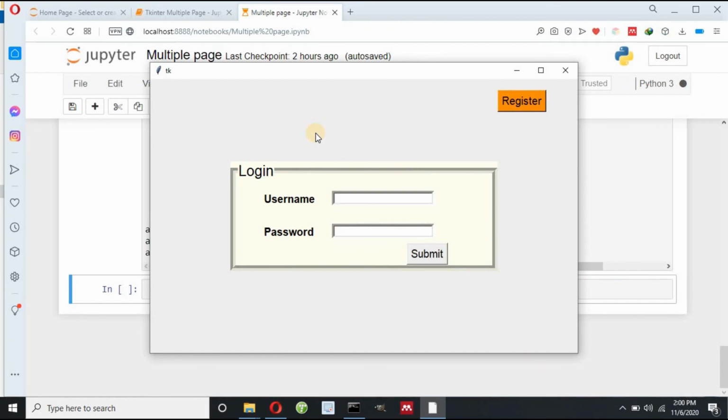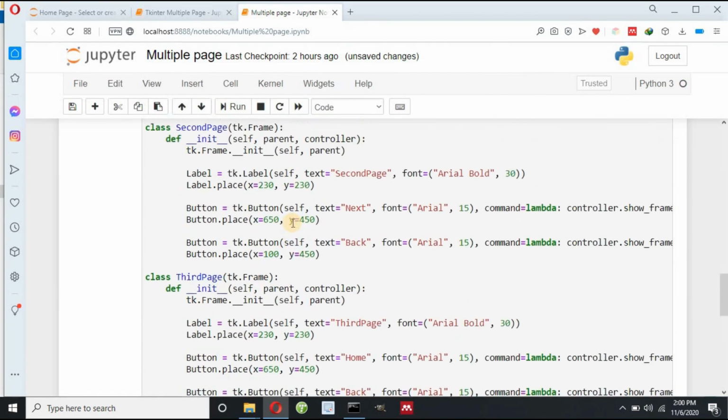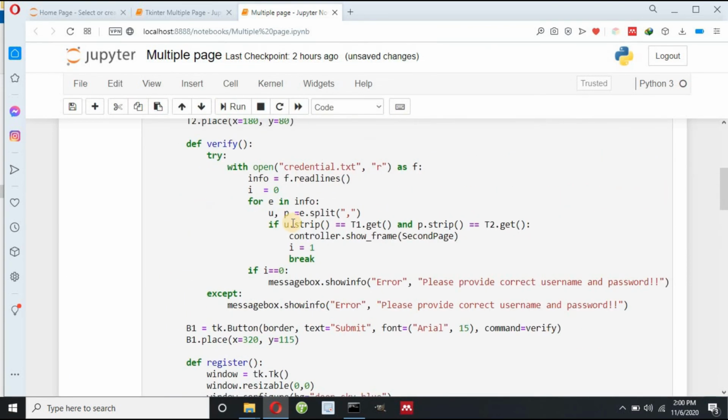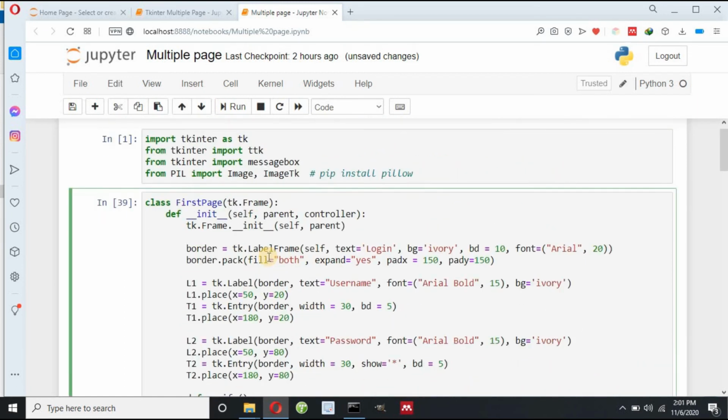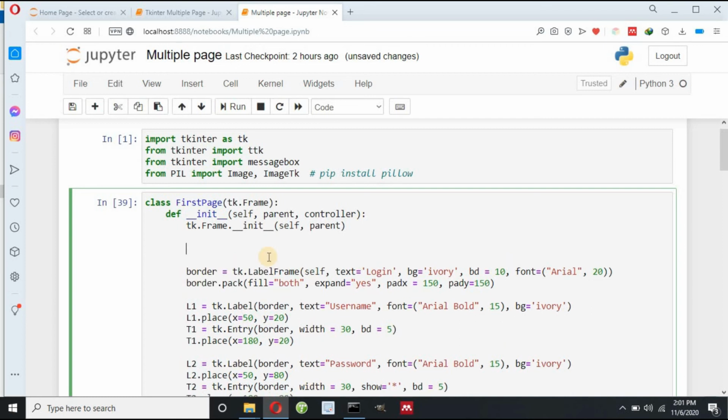Alright, I have completed almost all the code. Now I have to put one image in this first page. So first of all, let me close this, and in my first page I have to insert one image. I can write here load, LOAD, load equals to, I have already imported Image and ImageTk from PIL, so I can load here: load equals to Image.open, my image img1.jpg,